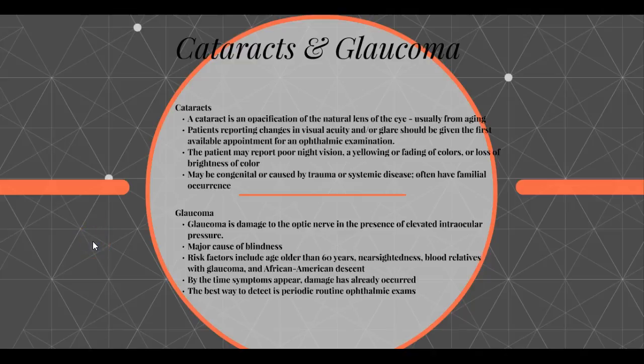Glaucoma is damage to the optic nerve in the presence of an elevated intraocular pressure. Glaucoma is a major cause of blindness, and the risk factors for glaucoma include an age of older than 60 years, previous history of nearsightedness, blood relatives that have glaucoma, and then people of African American descent typically are diagnosed with glaucoma more frequently. By the time the symptoms of glaucoma appear, unfortunately, the damage has already occurred, and glaucoma is